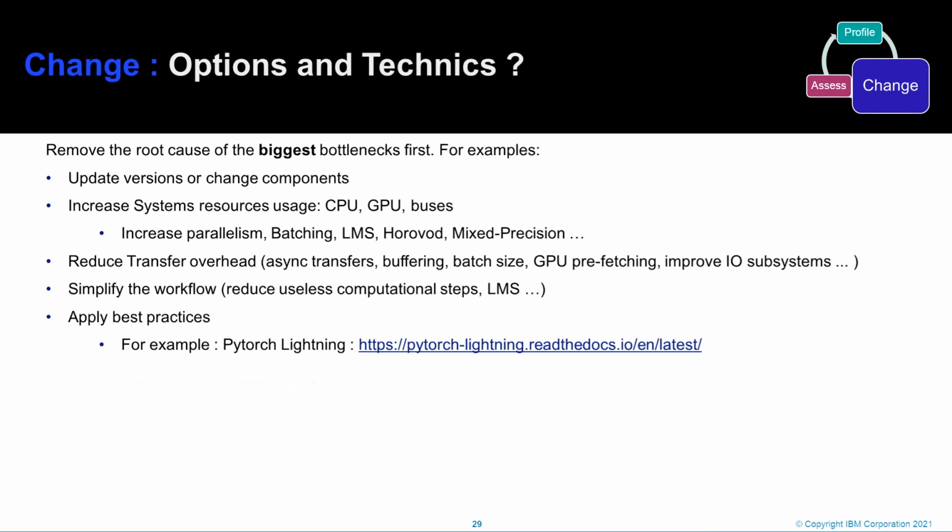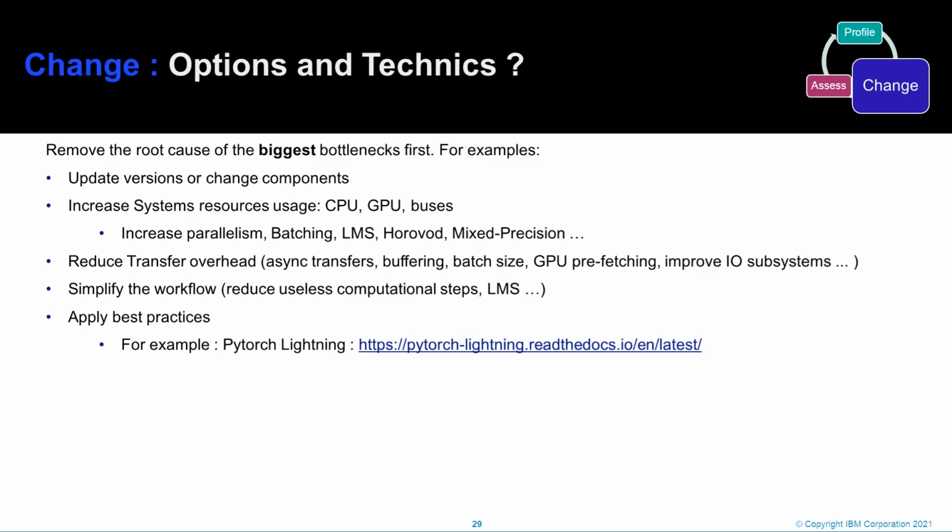And so there are several things you can imagine: update versions or change components, increase the system resource usage by increasing the parallelism and the batch size, use large model support, which we'll see in a few minutes, use more servers, or use mixed precision, and so on.